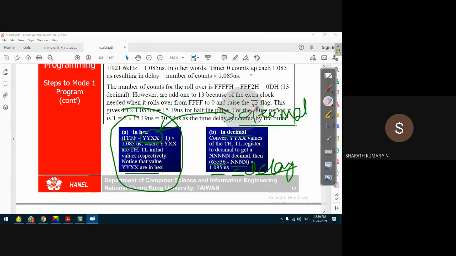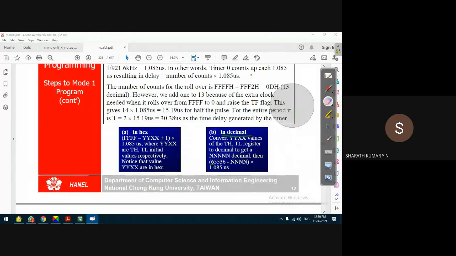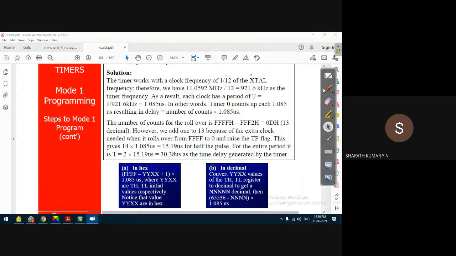Let us do this for this example, the program we have written. In this program, the initial count was FF, so in the hexadecimal method, what we do is FF minus FF, plus 1.